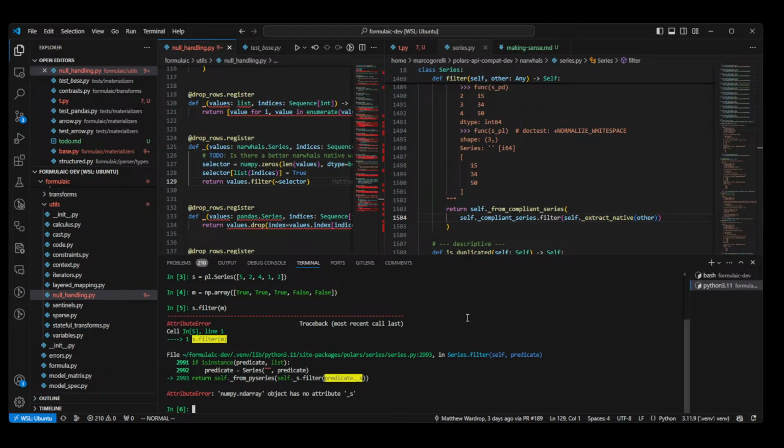But I don't think we have a good way of converting a NumPy array to a Narwhals series, do we? Narwhals experts in the chat? Do we have a way of converting a NumPy array to a Narwhals series? If not,